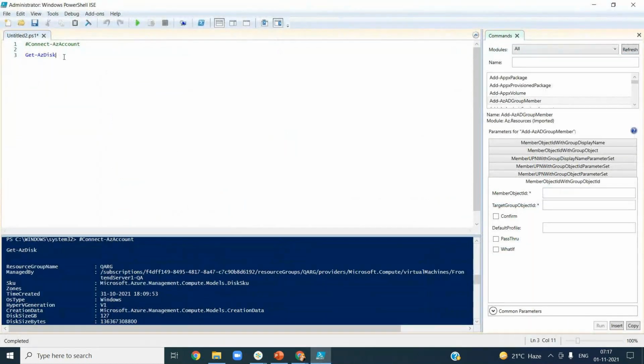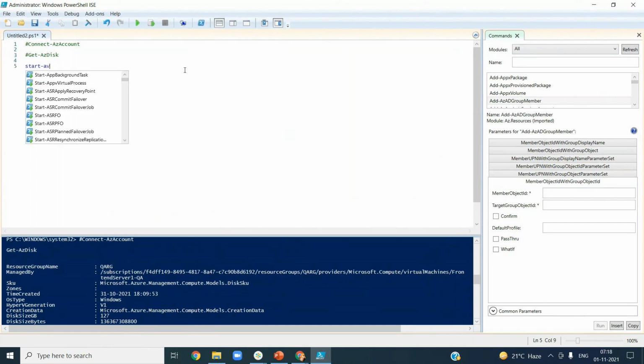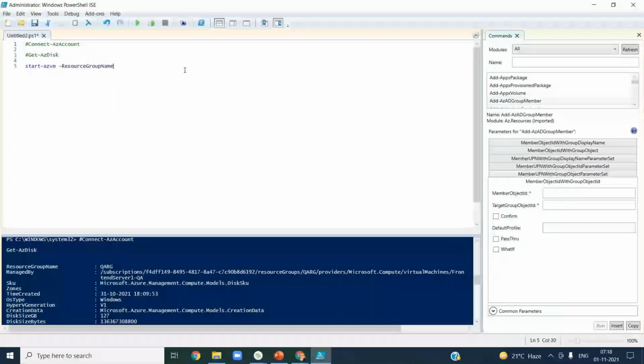So let me hash it. So for starting a virtual machine, it will be Start-AzVM, and then space resource group. You always need to give the resource group. If you don't know what all to be used, then what you do? You come here and then